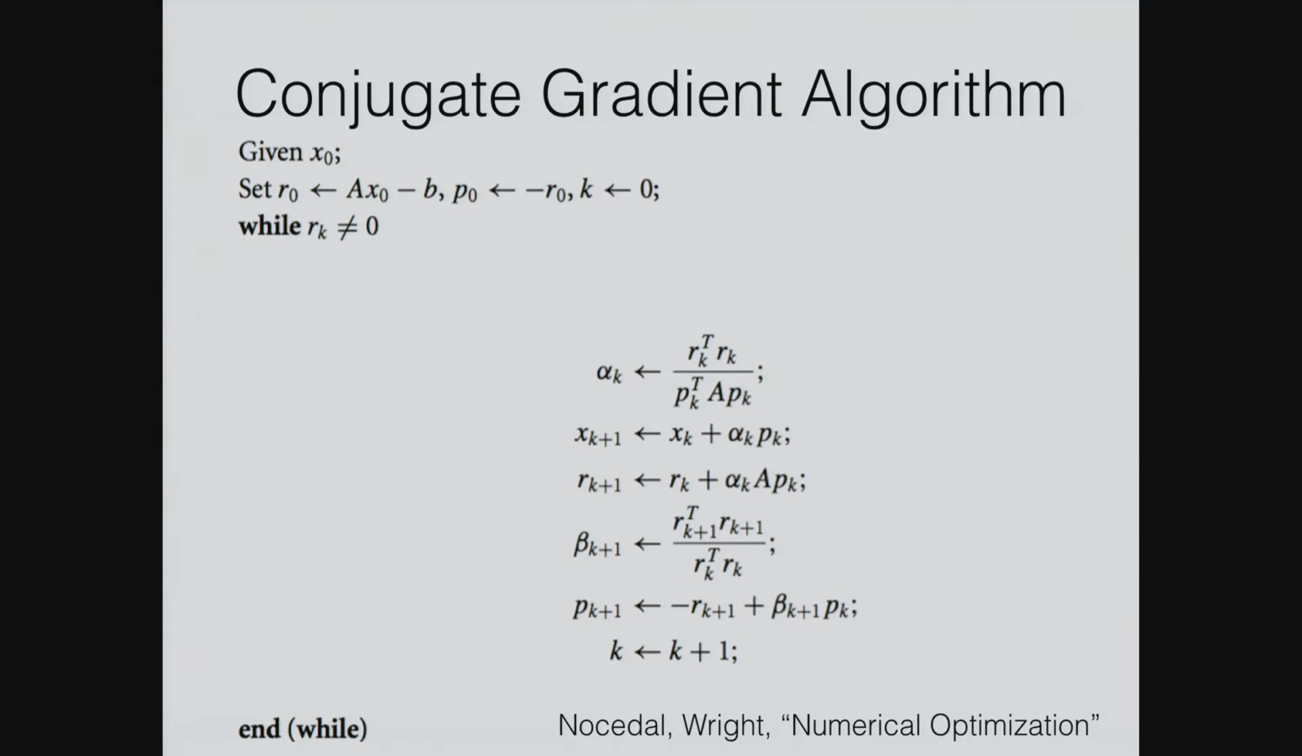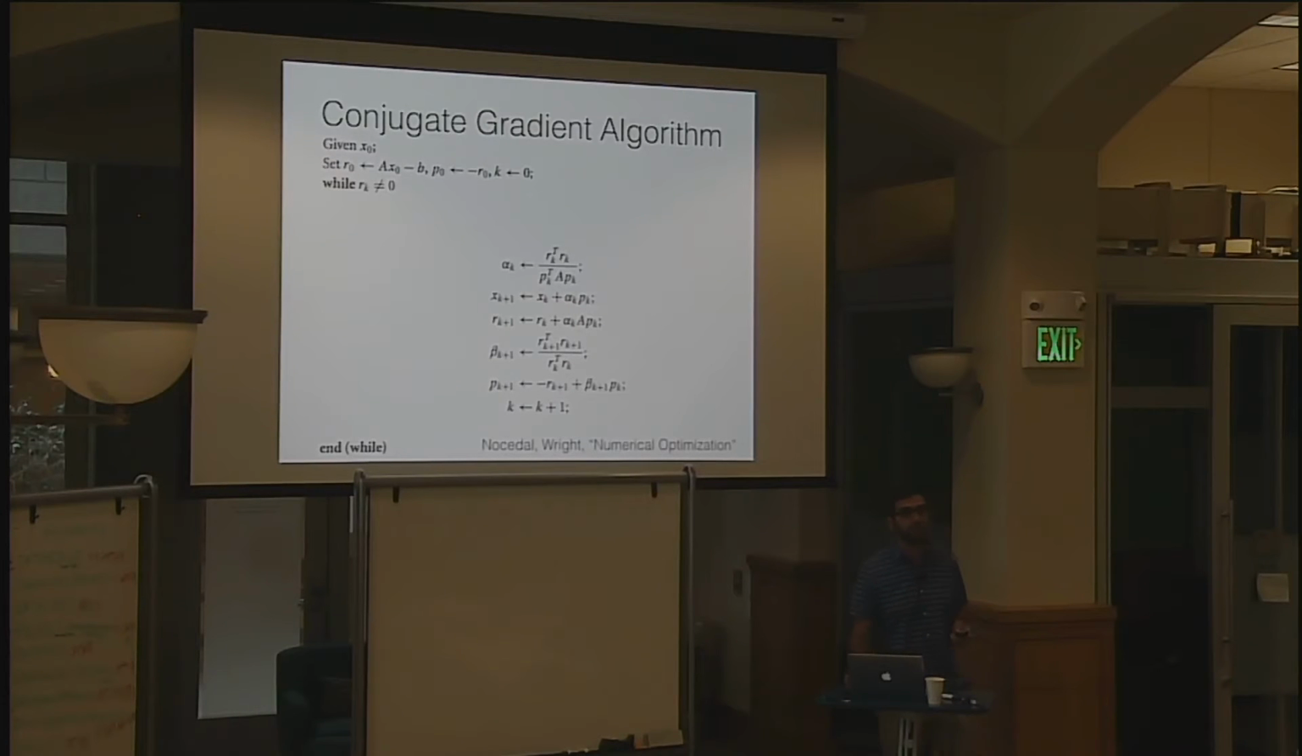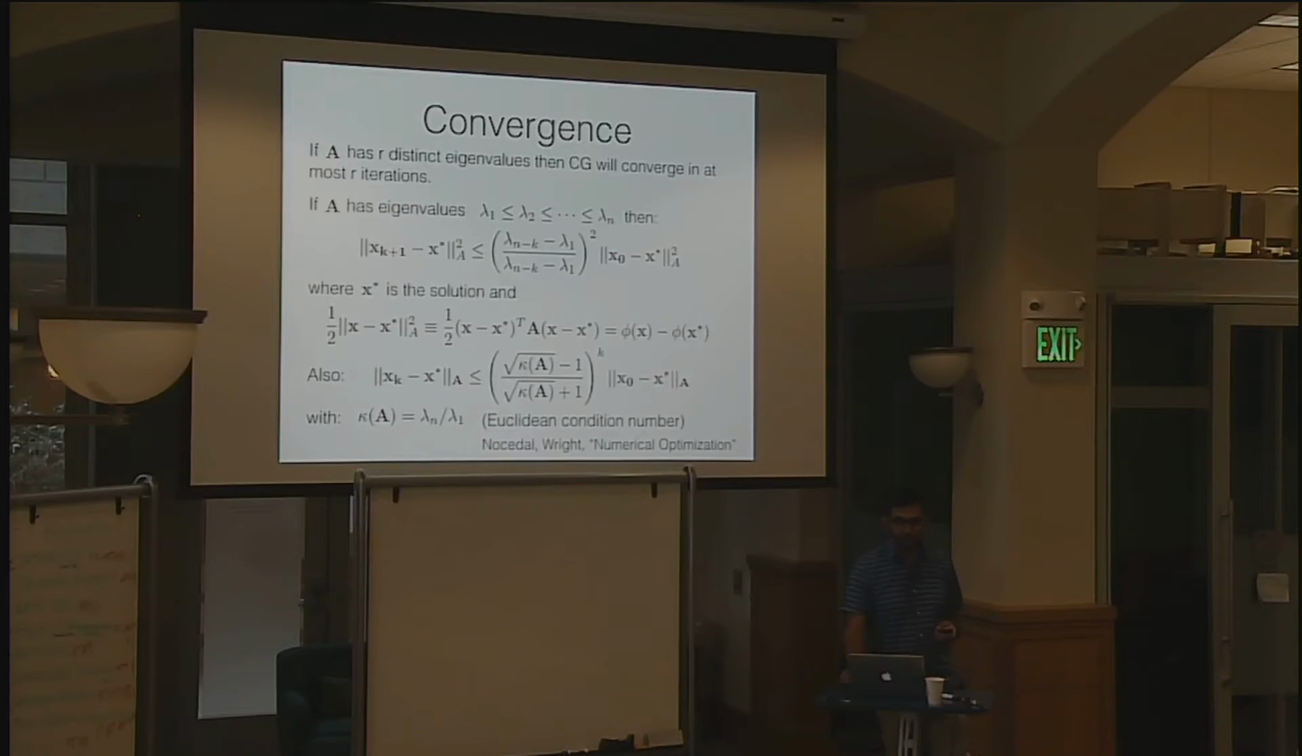Okay? And this is, as I said, guaranteed to converge in at most n steps, where n is the number of dimensions. Now, of course, this won't be good enough if you're dealing with a million-dimensional problem. You don't want it to converge in a million steps. So there are some